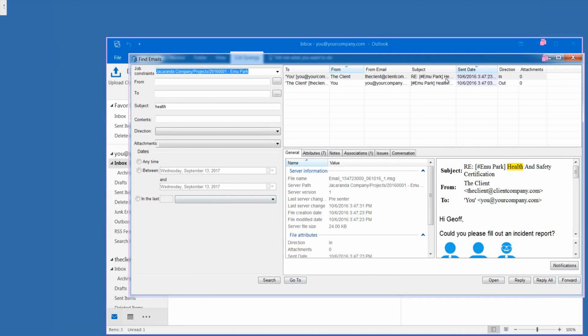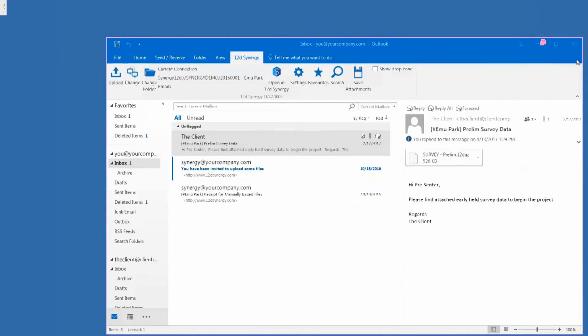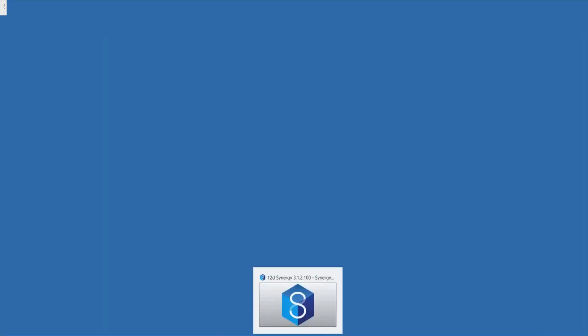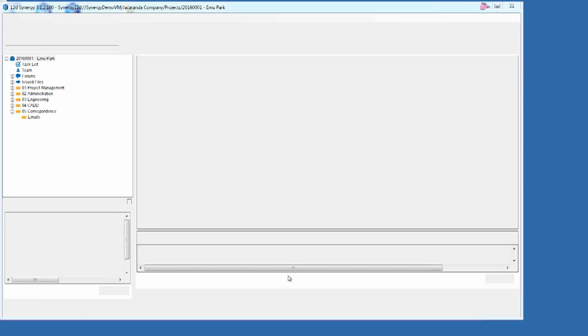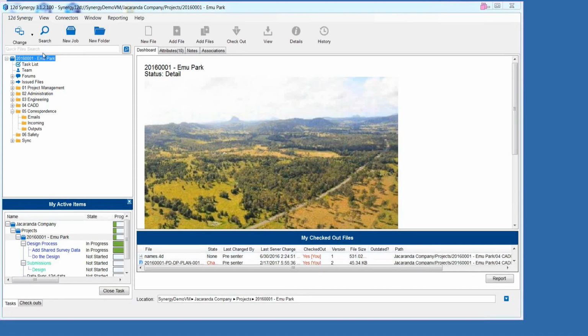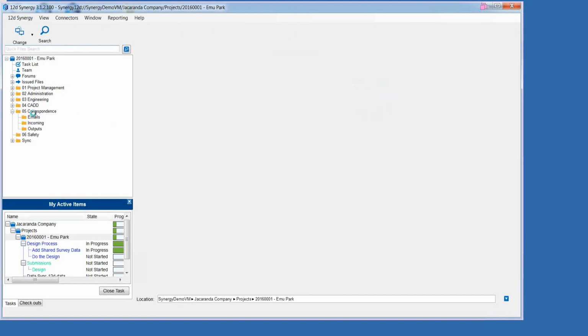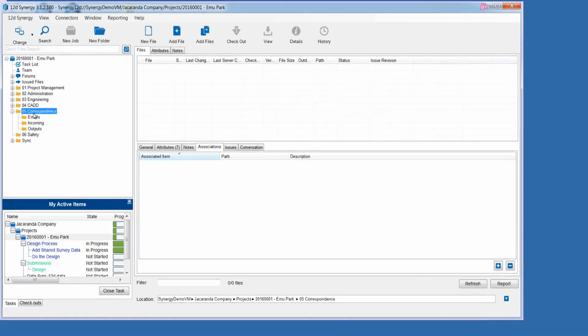Again, you can also search from within inside Synergy. So if I go back here and open 12D Synergy, you'll see that there's a quick search bar at the top here. What that allows you to do is quickly search in a particular folder. So if I go to my correspondence folder here and I want to search for the word health again,